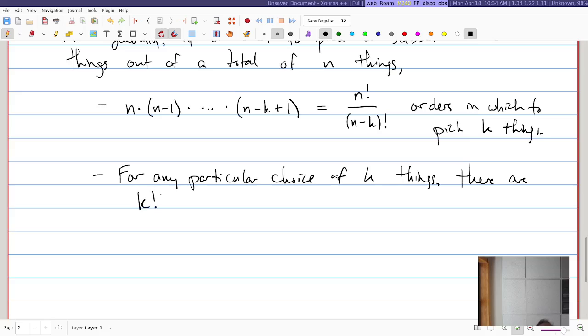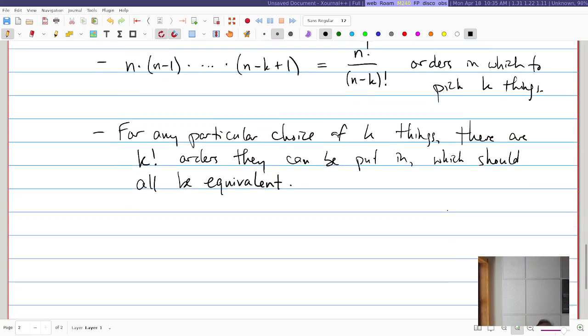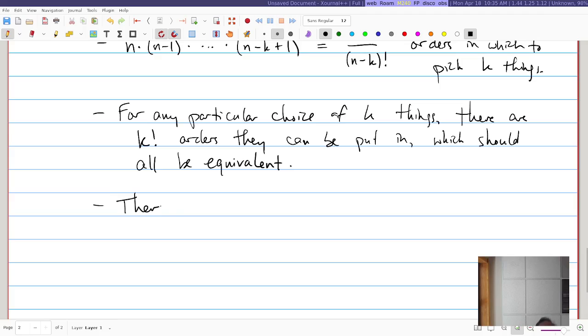There are k factorial orders they can be put in, which should all be equivalent. So therefore, by the division rule, the number of